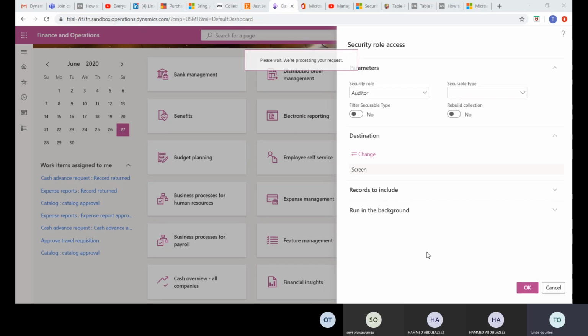Okay. So do you have any questions about security roles and stuff like that? For me, I do have questions. But I think the way it's done in ERP is quite different from the CRM. Oh really? I haven't worked on CRM. How does it work in CRM? In CRM,